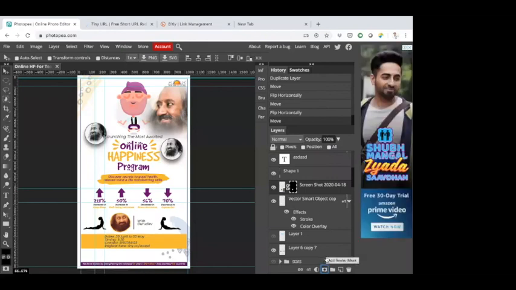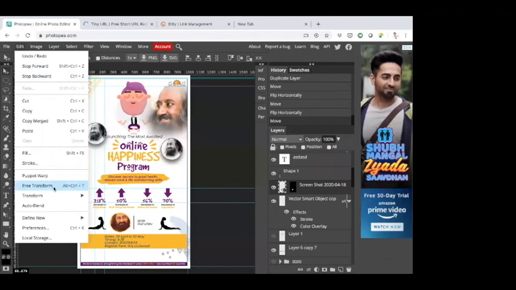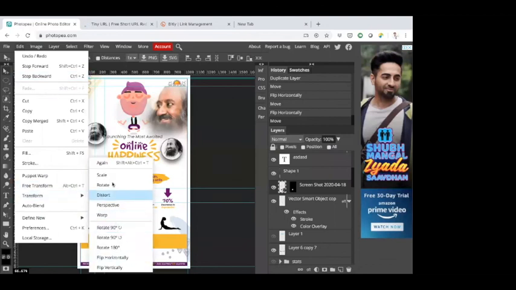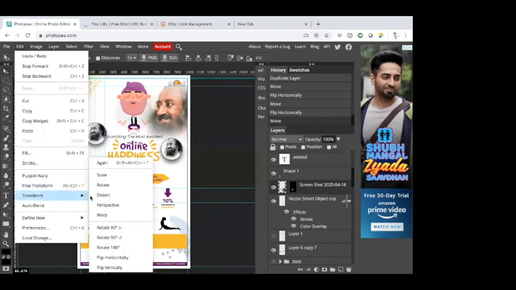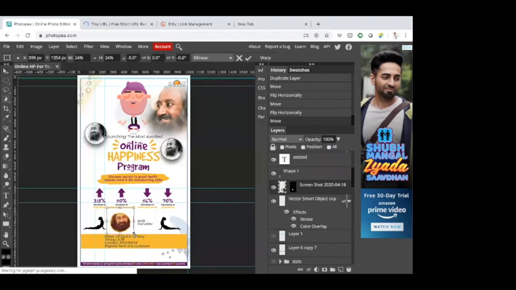Okay. Now Gurudev's image is not correctly aligned inside this, so you have to unlink the mask and the image by clicking the link or unlink. Click on the image, Edit, Transform, Scale. Now you are scaling it down. I have to hold Shift while scaling, so click Shift and then scale it down and move it a little down.